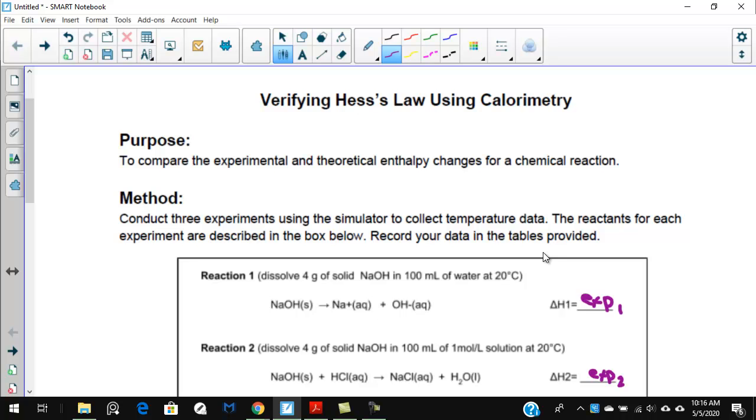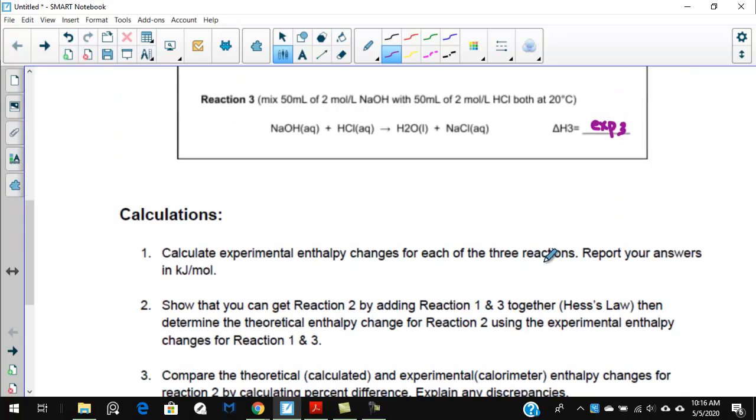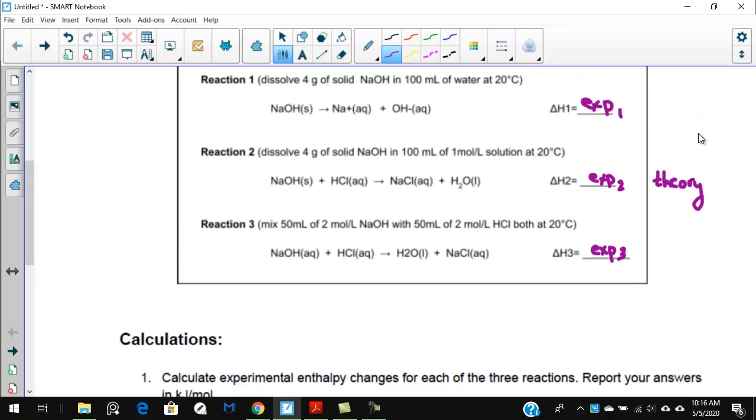Once you've gone through each of these and got an experimental value in the calculations, I want you to show that Hess's law actually works. So if you try and figure out reaction 2, I know you have an experimental value for it, but you can get what we'll call a theoretical value. In theory, we can get reaction 2 by adding reaction 1